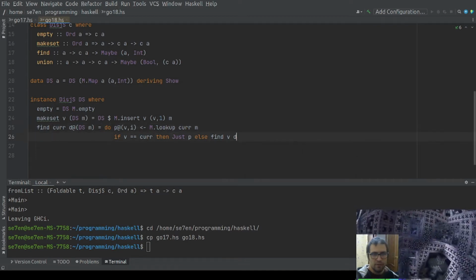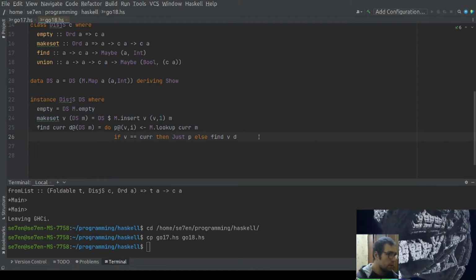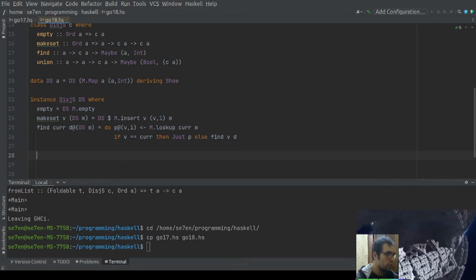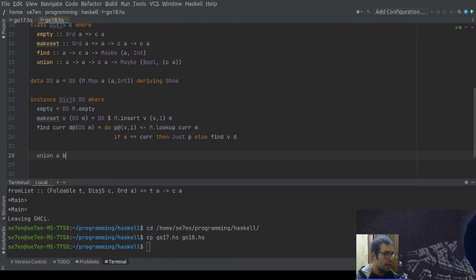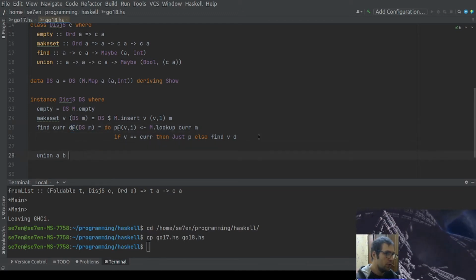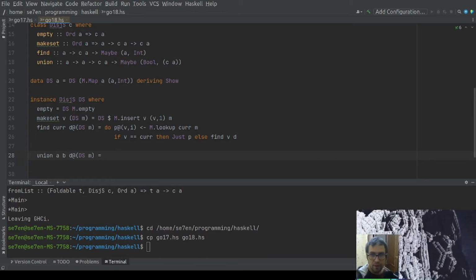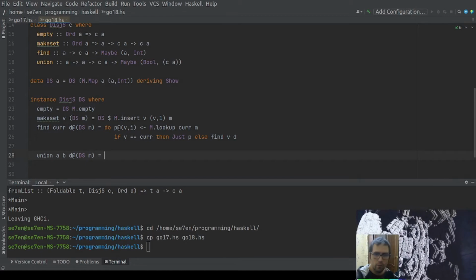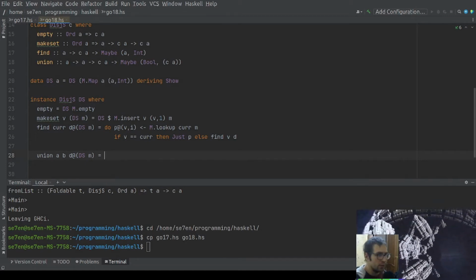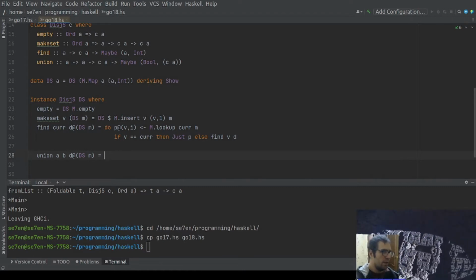Let's go to the next function. Now we can implement the union function. The union function takes two elements. Also, we take the disjoint set data structure, in which we want to implement the merging. If the elements are present, we can try to merge if there is no cycle already in these two connection components. Because the